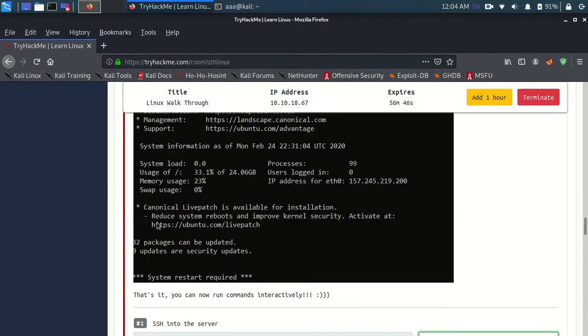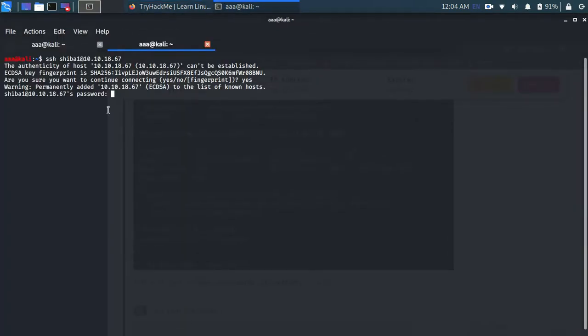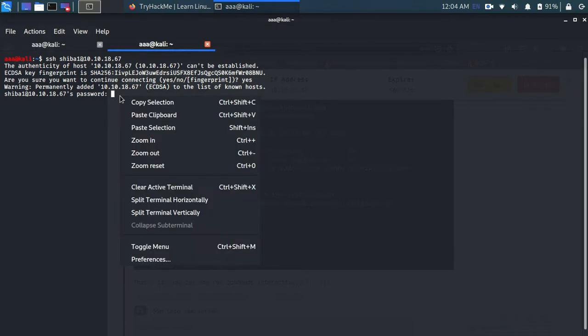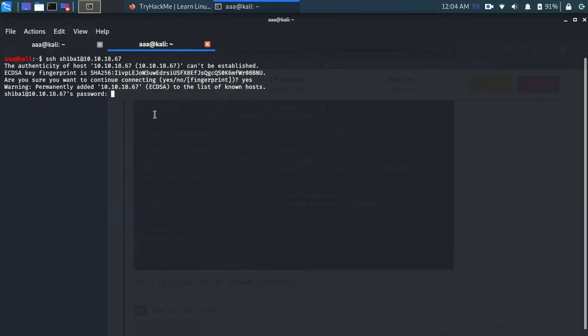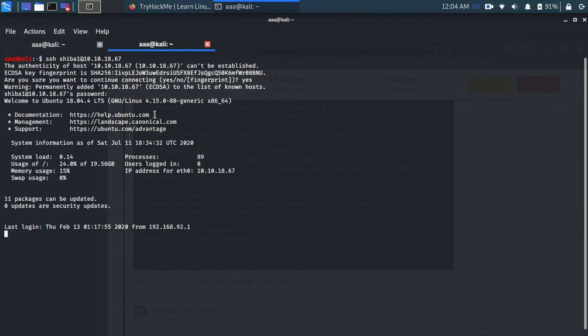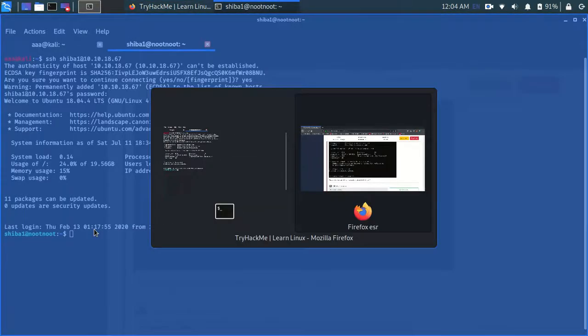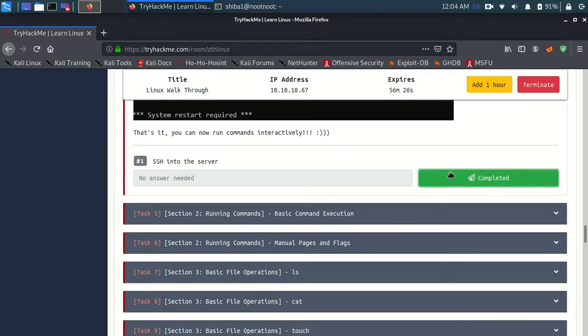I am pasting this by pressing Ctrl Shift V, and let's see if this works. Yep, we are inside. So SSH into the network is done.